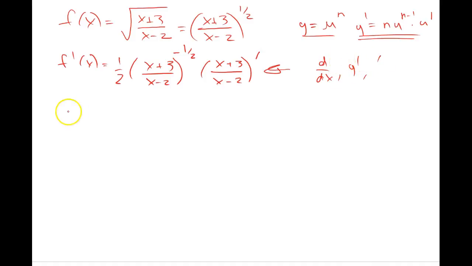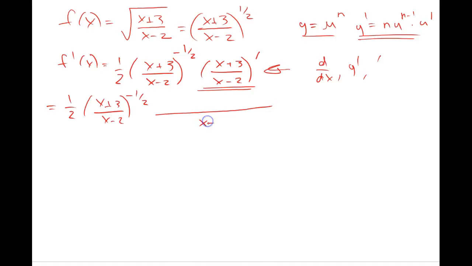So continuing on, we know that the derivative is 1/2 times (x plus 3) all over (x minus 2) to the negative 1/2. I will simplify that in a little bit. And now I need to find the derivative of this function here, and it's a quotient, so we'll apply the quotient rule. So it's x minus 2, the bottom term squared if you wish. It's the bottom term